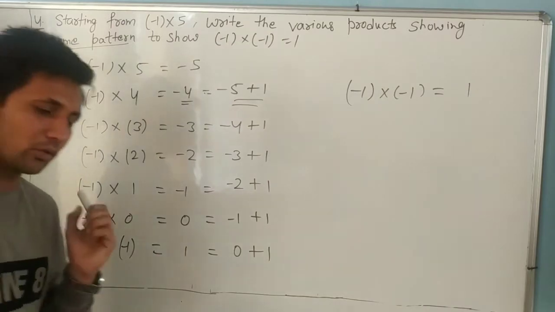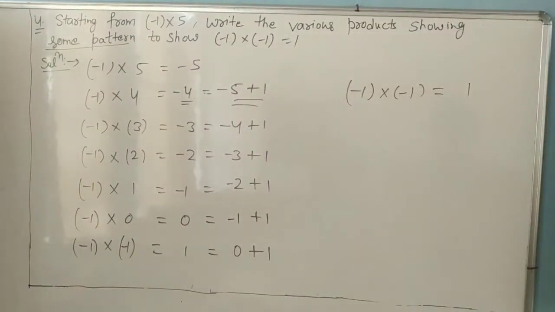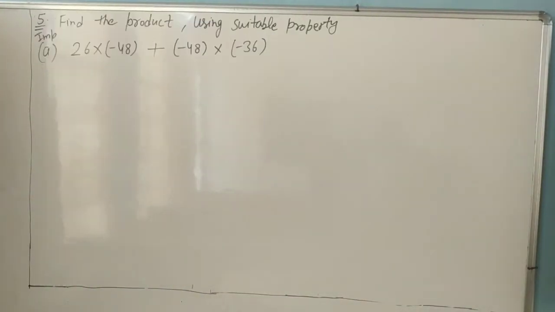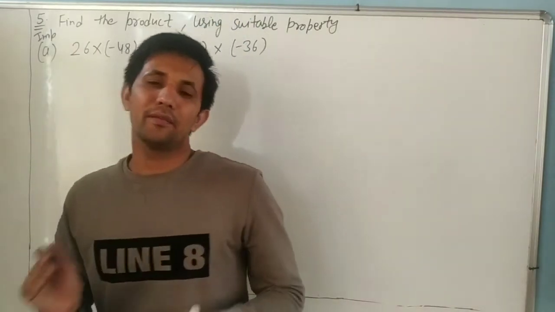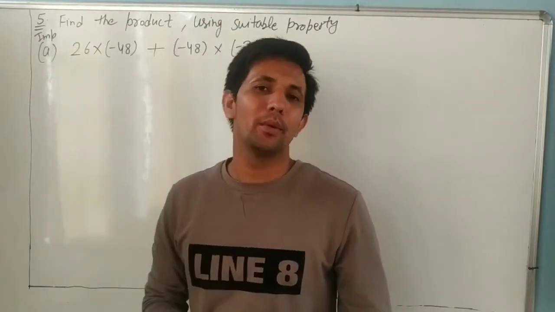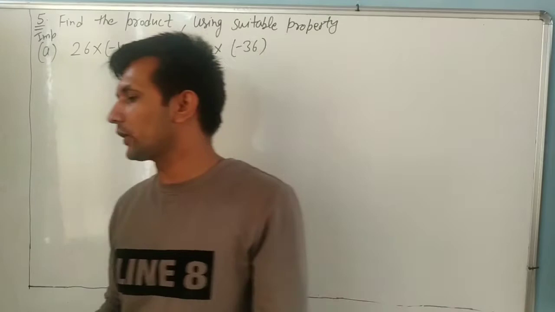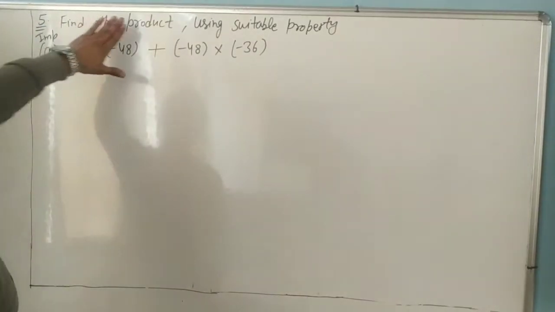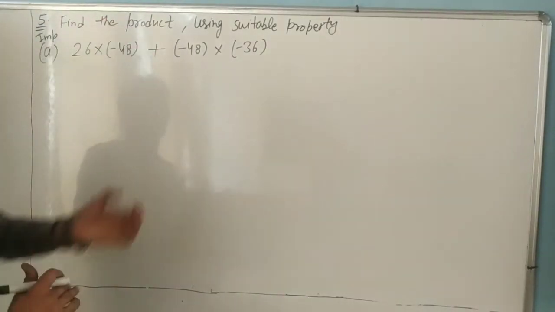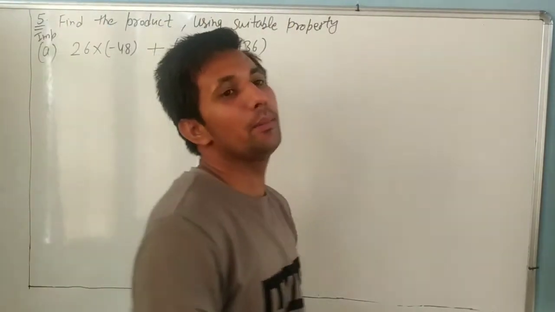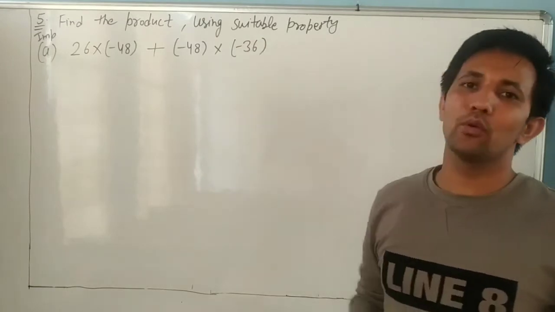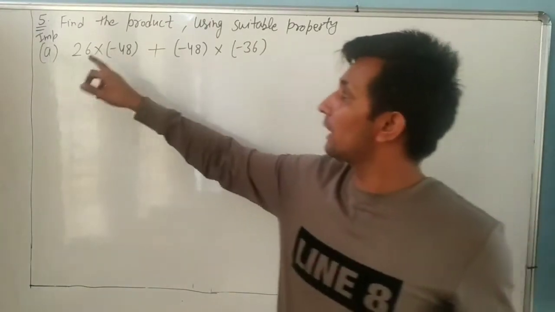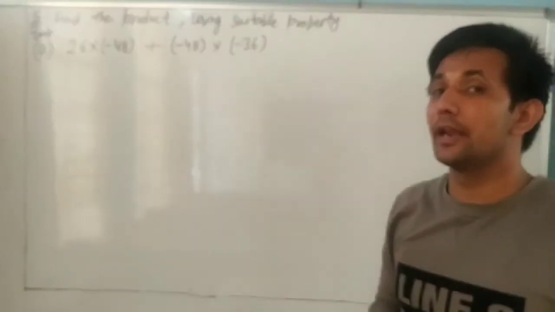Okay, dear, so note it down. Now next question. Now, dear, question number 5, and it is a very important question, dear. Definitely this question comes in the exam every year. Okay, dear, it is very important. So look, find the product. We have to find the product using a suitable property. Don't multiply directly. Okay, we will use a property.